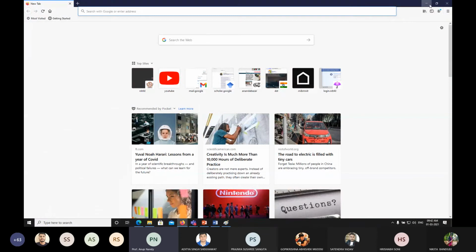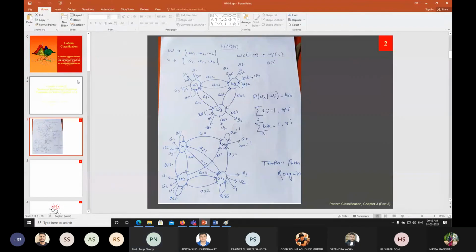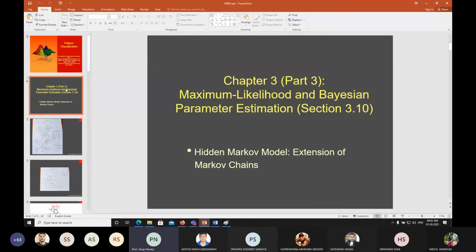Okay, so now I have to be a little bit fast because I have to complete a very important machine learning algorithm. It's called the hidden Markov model, HMM. It will take a couple of lectures, probably three lectures that I need to take. And then one week will be left for the introduction to deep learning algorithms, as I already promised you one or two classes for deep learning.